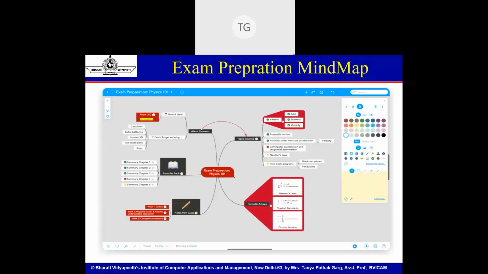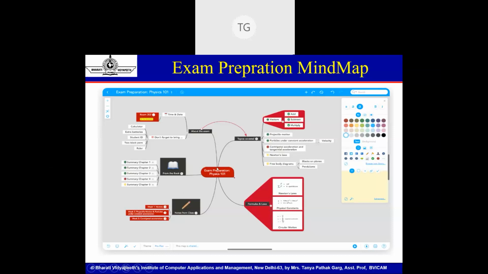Then this is an example for exam preparation using a mind map. If I have to prepare for an exam as a student for, suppose, the subject physics, what do I have to study? There are some topics which will be better explained in the book, so from the book, I have to study the summary of chapters 1, 2, 3, 4. Or from the classroom notes, the teacher says, okay, this part of your course is not available in your prescribed book, so I'm giving you explicit notes for these. So this is like a complete go-to at exam time for the student. The student will never miss out on any information, right?